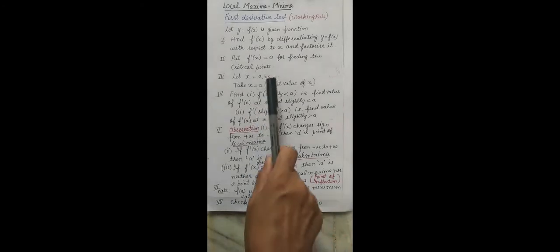Now you have to note that here the point a will be called as point of, not in this particular third part, I am just telling you that whatever will happen, a will be called as the point of maxima or minima, and f of a will be local maximum or minimum value of the function. Right, now you have decided about a, that whether it is point of maxima or minima. Now I will take another second value of x, that is b. If we have three values, then we have to test for each value whether that is the point of maxima or minima.